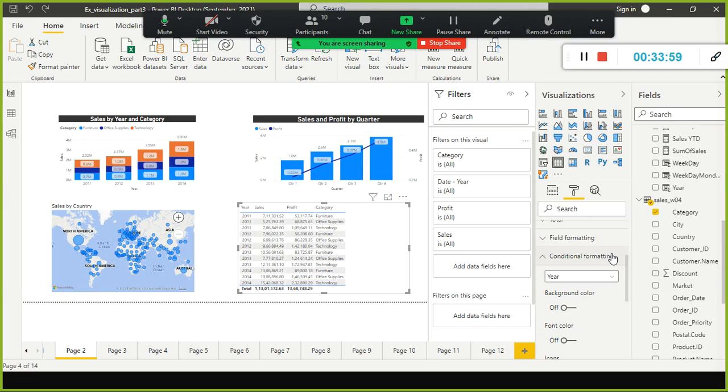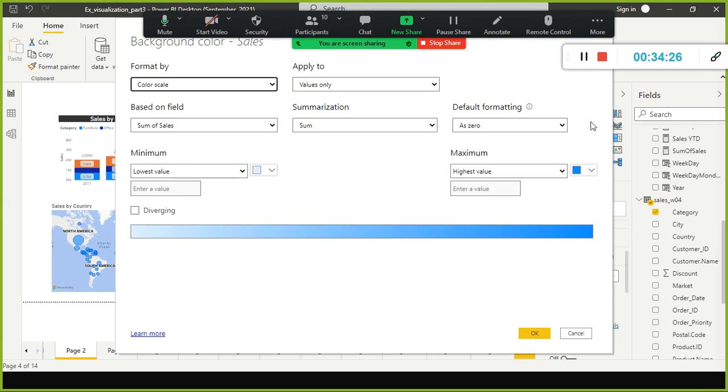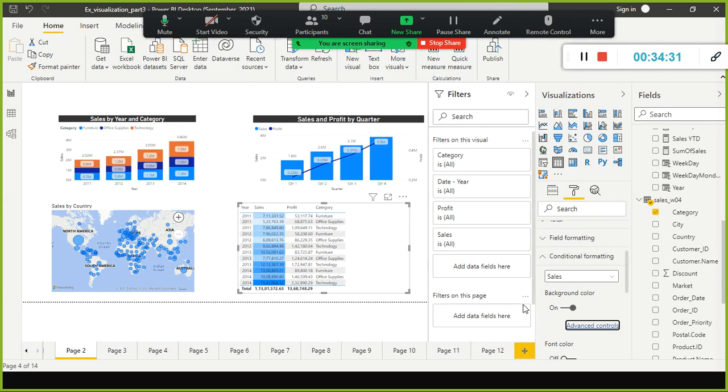conditional formatting. Based on some condition, you can highlight the low, medium, high sales values with different colors, so that it can gain a quick attention of the viewer. For example, here is not making any sense. Setting that one background color, I just click this one, and when you enable this one, the advanced control link will be enabled. Instead of using the default one, okay, let me use the default one.